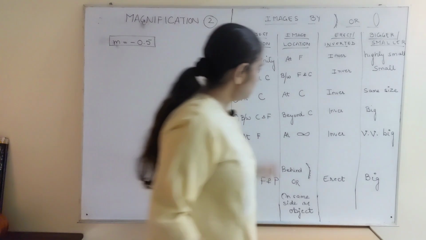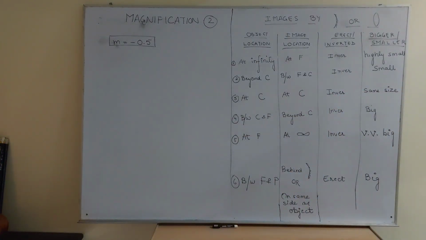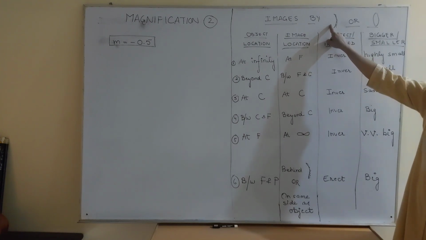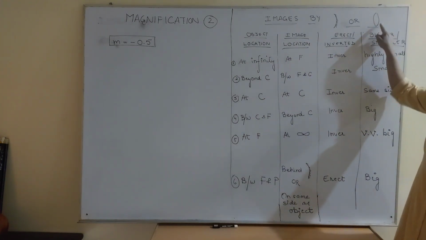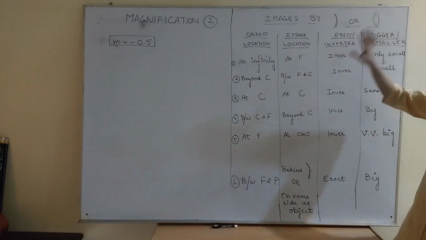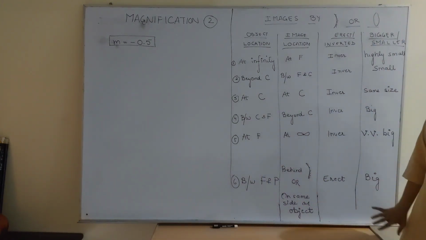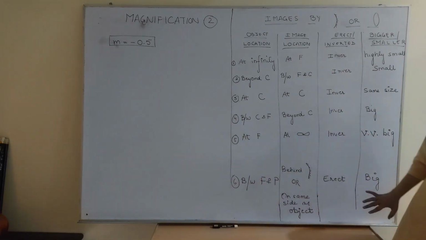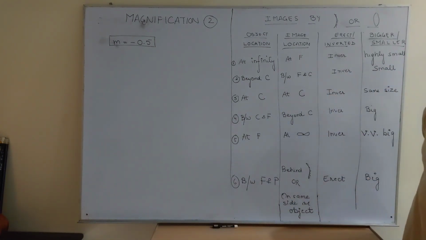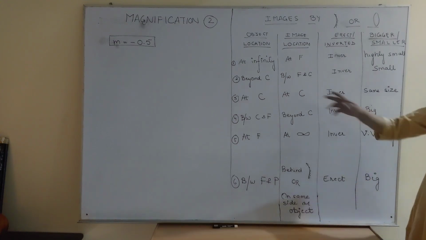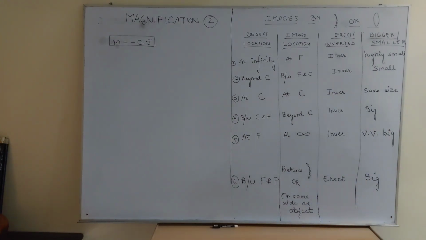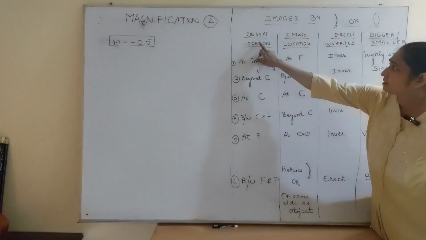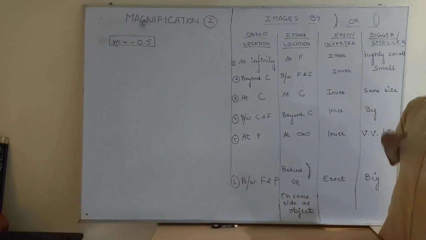I have already made this table. This table is there in all the books. It is basically the one which is made for concave mirrors and convex lenses. I assume that you've read through all this, you've understood this section of the chapter very nicely. I told you last time that you need to understand this portion very nicely to be able to understand the remaining 2 magics. So I've written it in short, not like how books do. This is the location of the object. I'm just taking 1 or 2 examples quickly.